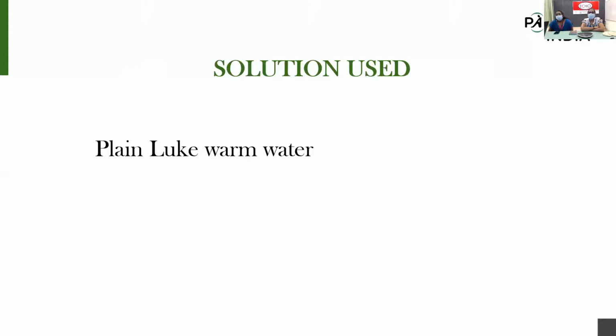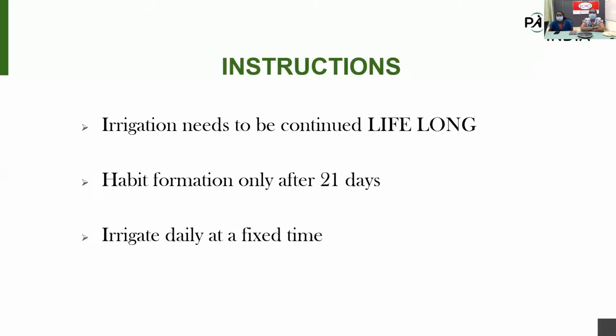So the solution used for colostomy irrigation is plain lukewarm water. We don't need to use normal saline or any other water. The best thing is plain lukewarm water. Next. The three instructions which are a must to remind the patient before starting a colostomy irrigation are: